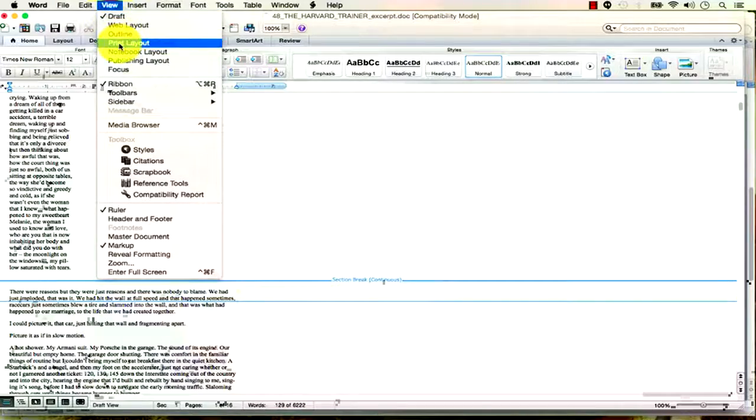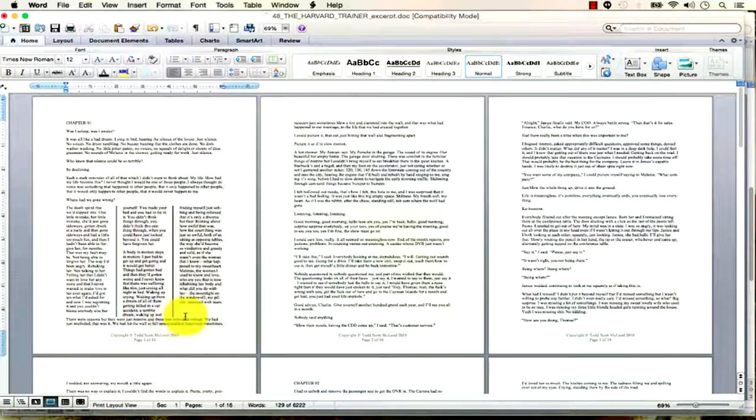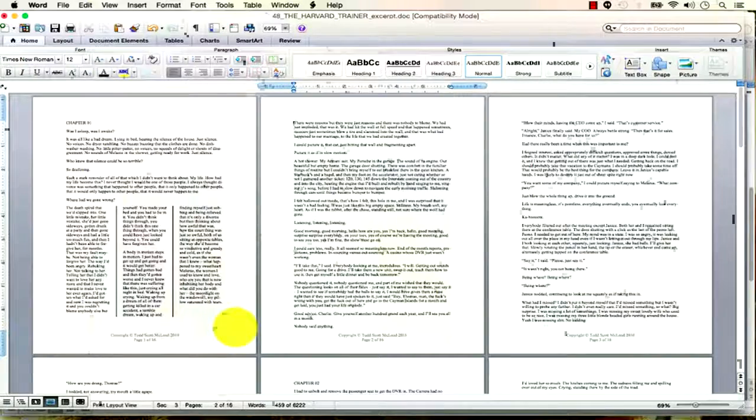So when you look at this in print layout view, how's it going to look when it's printed? It's going to look like that. And if I was doing this document, I'd probably move that to the next line. Anyhow, that's columns. The next thing, we're looking at the home ribbon here, and so the next thing I'm going